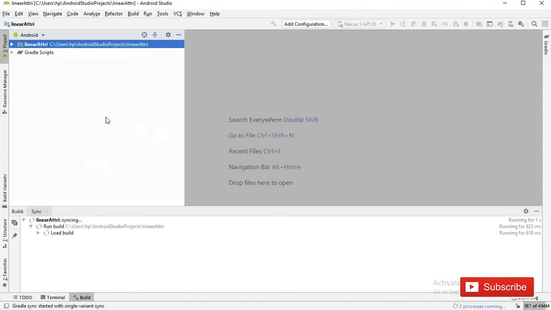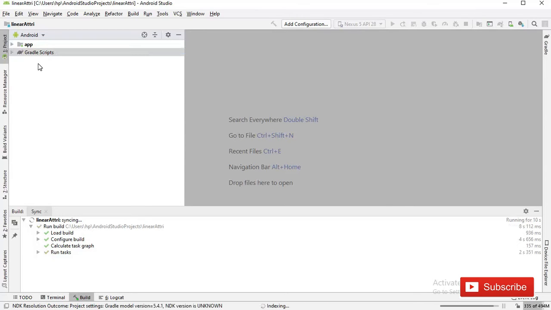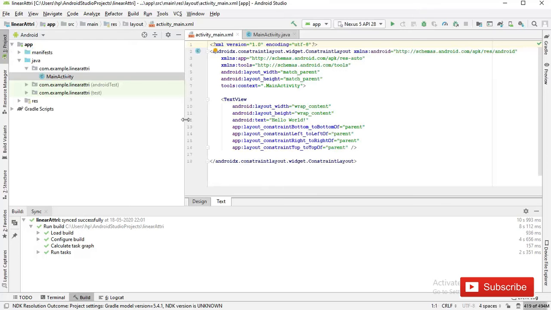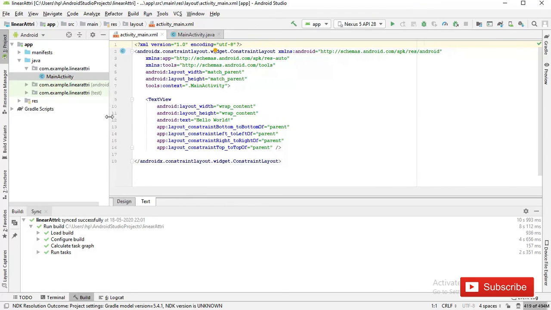Just click finish. If you are new to Android Studio, it takes more time. So this is the designing phase. This is our designing phase.